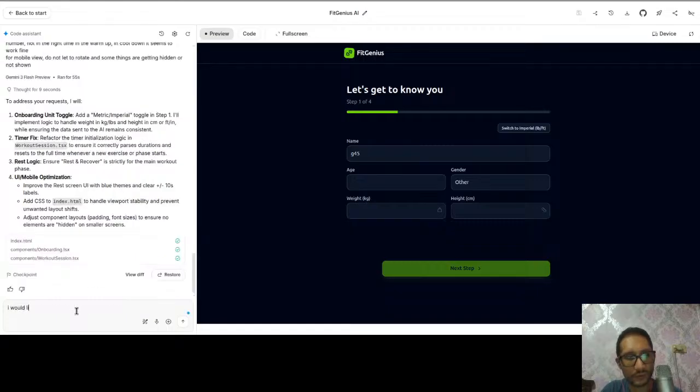I would like to add an image or video in order to show how to do the exercise.